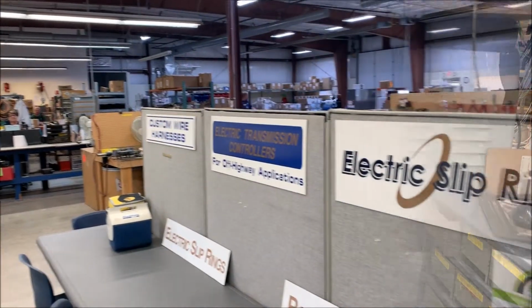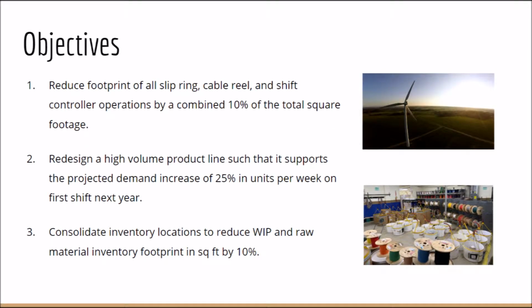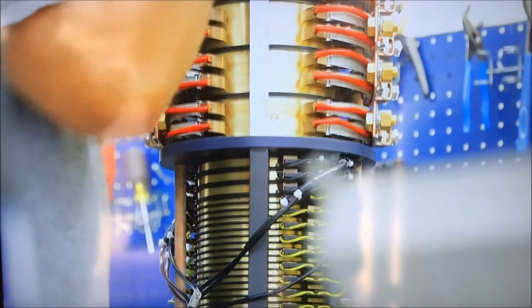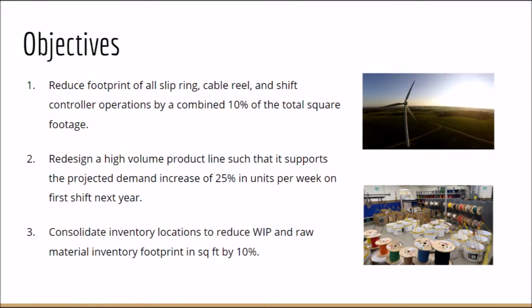Our project only dealt with slip rings, cable reels, and quad shifters, as these operations will be contained within the South Plant addition. For our project, we identified 3 objectives to quantify success. The first objective was to reduce the footprint of all slip ring, cable reel, and shift controller operations by a combined 10%. The second objective was to redesign a high-volume production line such that it supports projected demand growth of